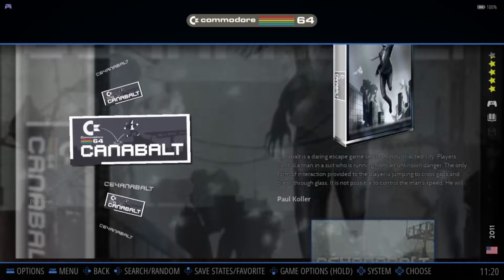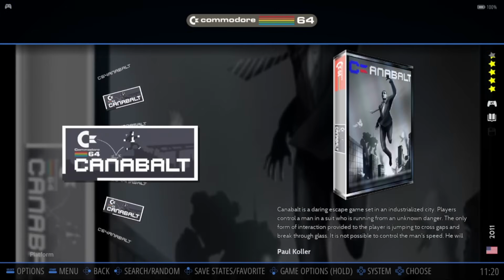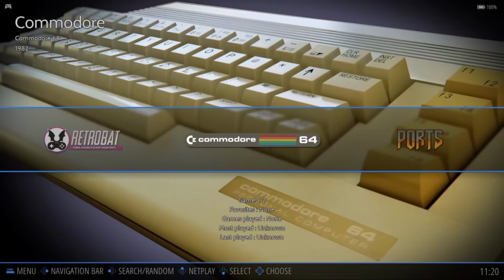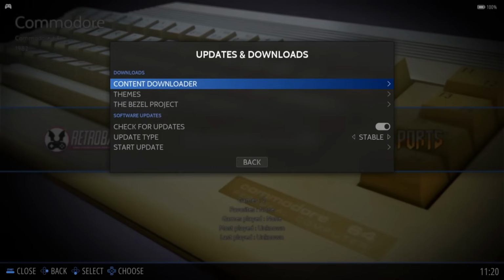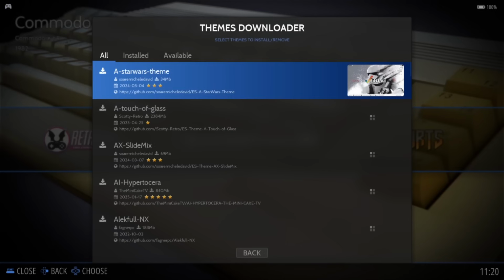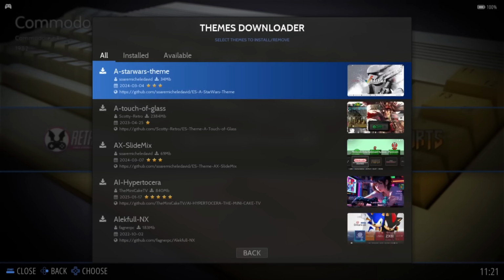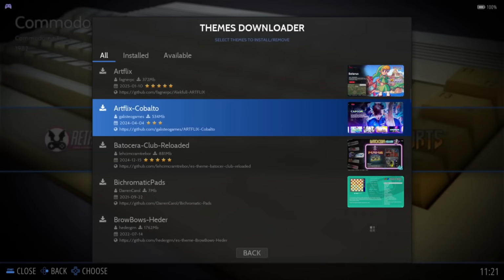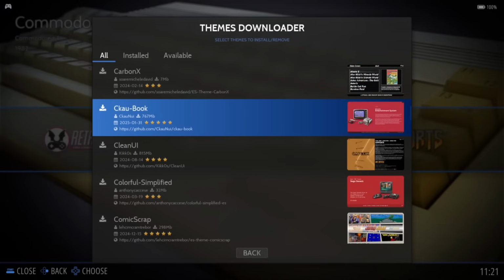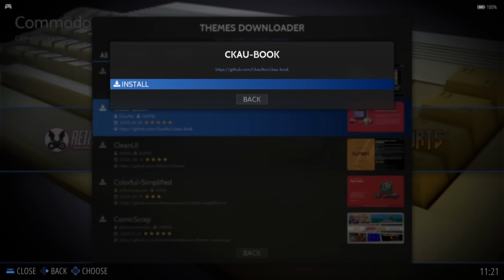Okay, so that's everything downloaded now in terms of artwork. So let's actually funk up how Retrobat looks. If I press start from main menu, I'm going to go to updates and downloads. If I go to themes, I can then download a different theme. Let me show you how this works. If I go to one of my personal favorites, which is going to be CCABook, if I press A, and A on install,